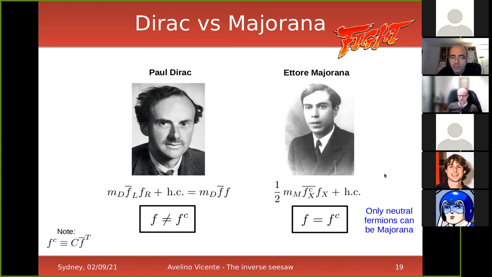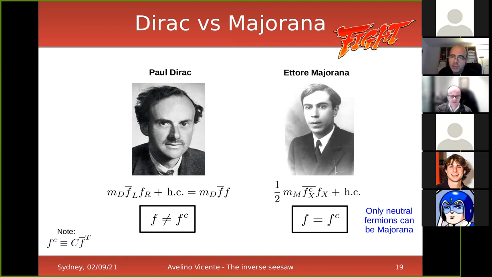And one of the things that you should know about this term is that, in the way it is constructed, you can easily see that it violates U(1) symmetries. All U(1) symmetries will be violated by this term if F is carrying a charge under this symmetry. So, for example, if you want to conserve electric charge, you cannot use this type of mass term for fermions with electric charge different from zero. But neutrinos are chargeless, so in principle, you can use it for neutrinos. These are the two types of neutrino mass models.